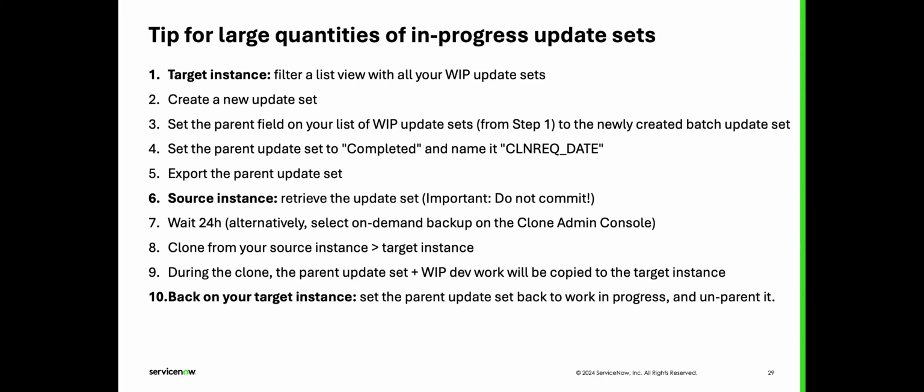You can either wait 24 hours or use the on-demand backup feature that I mentioned. Because your update set is on your source, it's part of your backup, so it'll be part of the clone. Now you can clone regularly from source to target, and you'll have that parent update set that contains all your